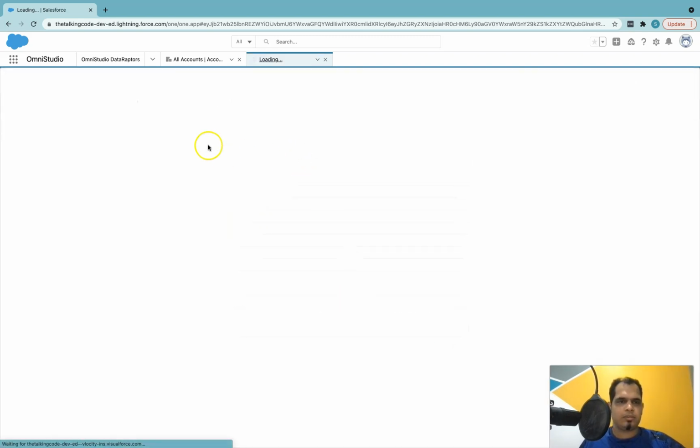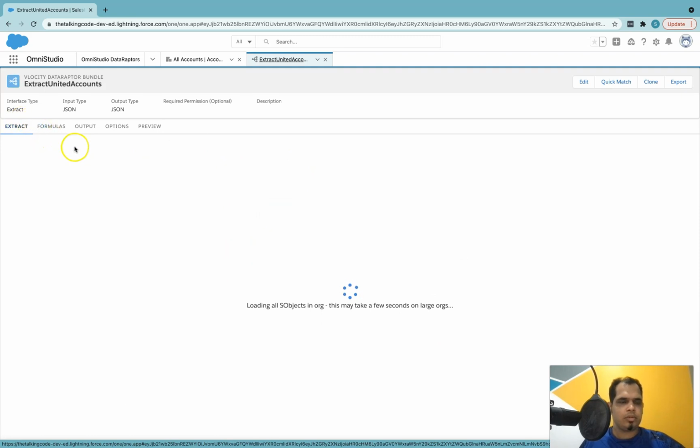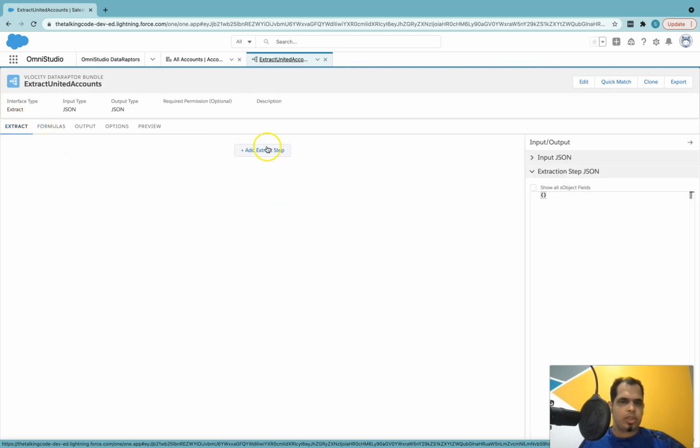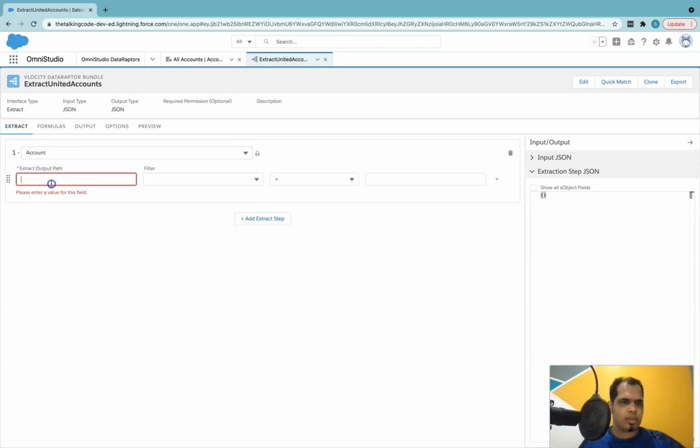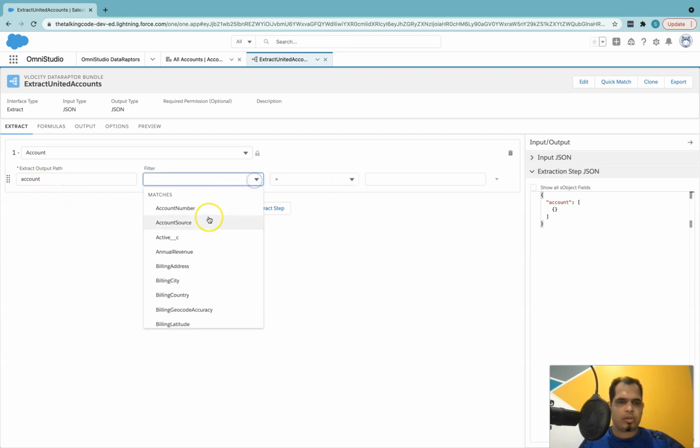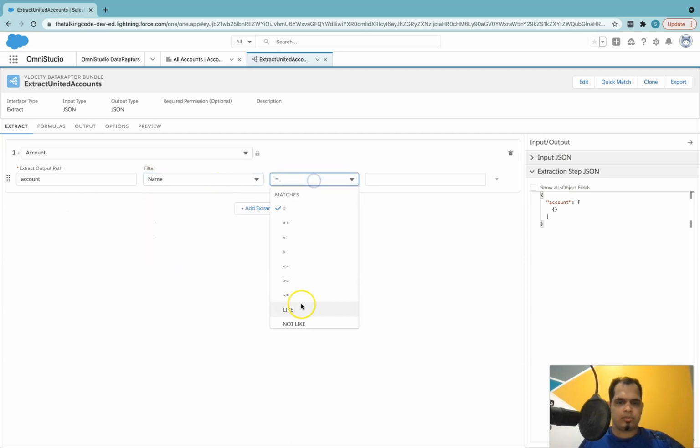I will save it. So here we are going to extract the accounts, right? And we'll store it in a JSON called account, and we are going to extract only those accounts where name is like United.